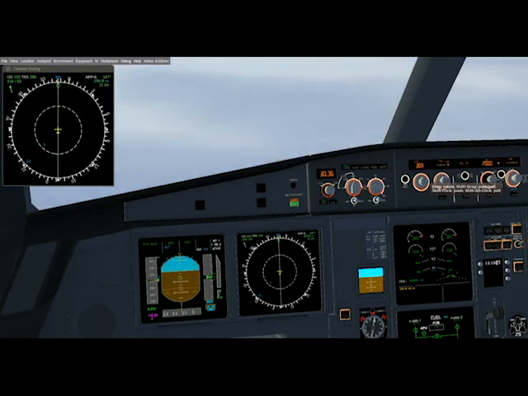Just keep rotating it until you're about 340. A little bit too steep there. So you're going to try to descend 3 degrees or steeper